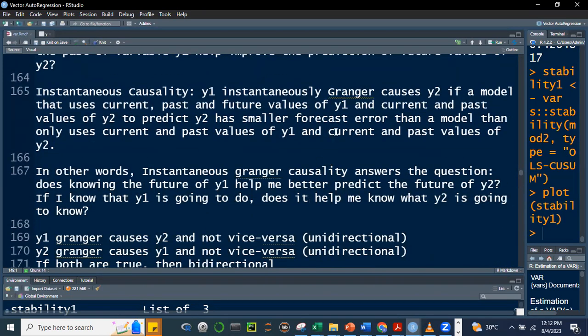And then meron tayong instantaneous causality, class. And naka-identify dito. Instantaneous causality means that Y1 instantaneously Granger causes Y2 if a model that uses the current, the past, and the future values of Y1 and the current and the past values of Y2